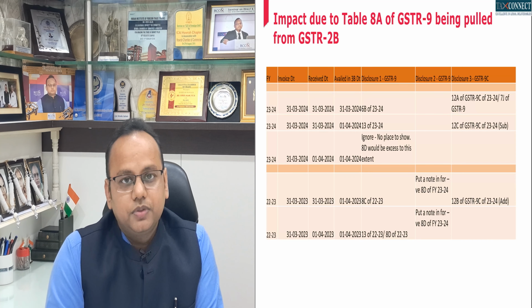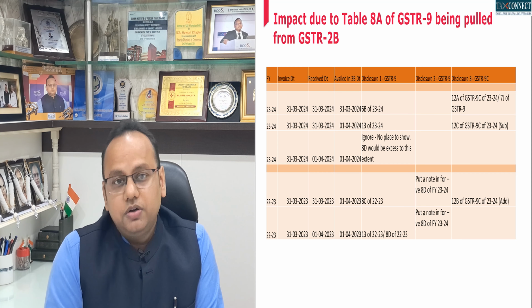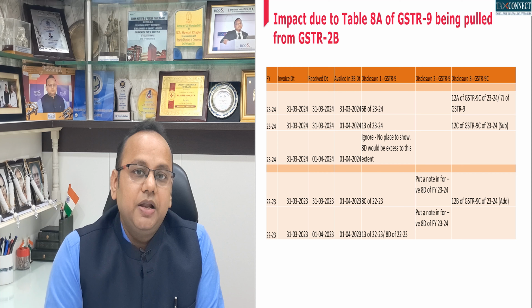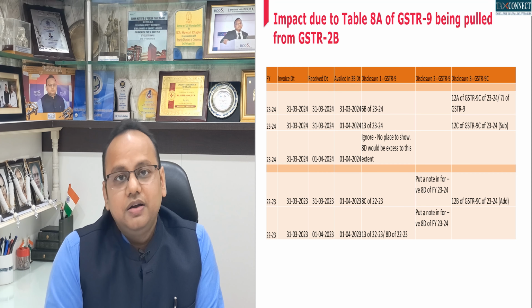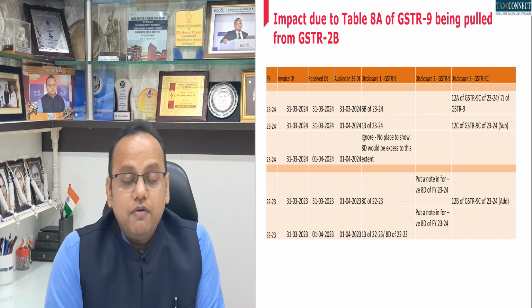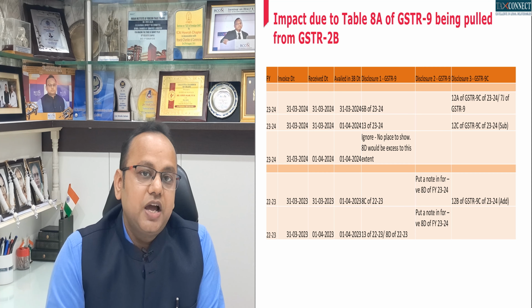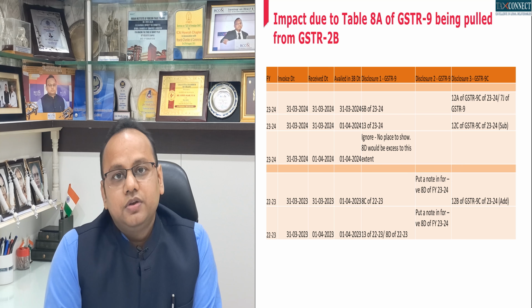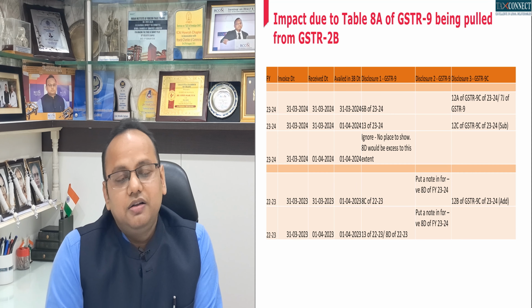GST scrutiny ready. So first and foremost, the most important amendment which has been made without much noise by the GST network in the form GSTR 9. Earlier, table 8A of GSTR 9 would auto-populate the input tax credit from GSTR 2A, which was a dynamically changing figure. However, this time table 8A of GSTR 9 will be auto-populated from GSTR 2B, what you have filed in financial year 23-24. So, in case there is any invoice which you have booked in the last year and